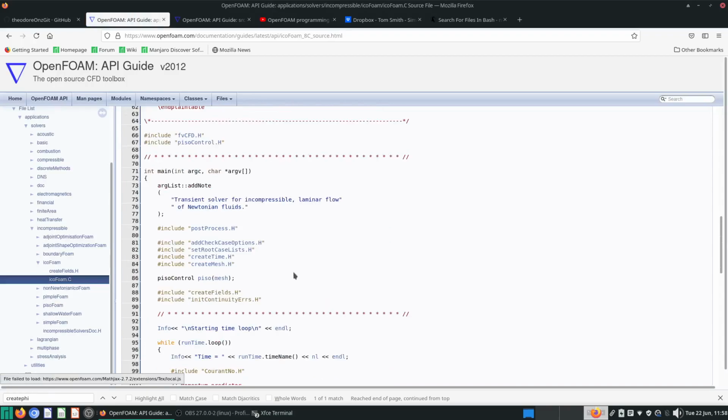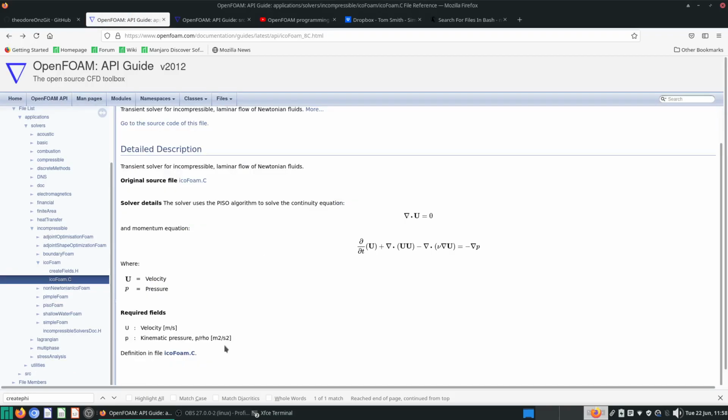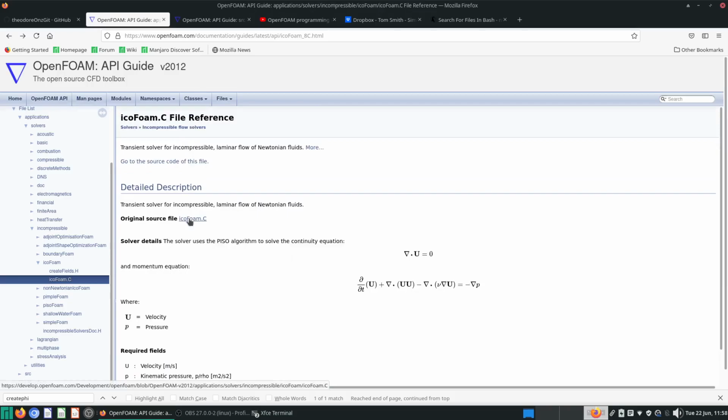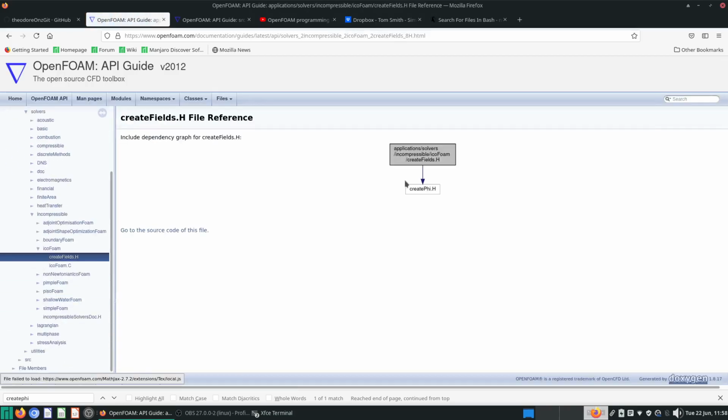You can go to the source code of this file. It will bring you to this place here. Nothing that interesting, but if you see under icoFoam, there are two files here. One is called createFields, one is called icoFoam. If you go to createFields.H, you will see something interesting here: applications, solvers, incompressible, icoFoam, createFields.H. It is linked to this file called createFile.H. You will see lots of these diagrams over here on the API guide. What does this mean? All this is saying, I think, is about this createFields.H. If you go to the source code of this file,